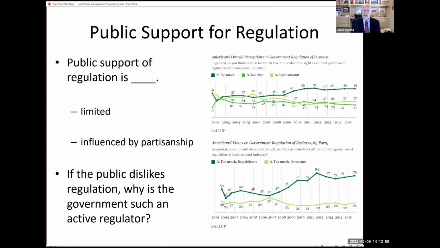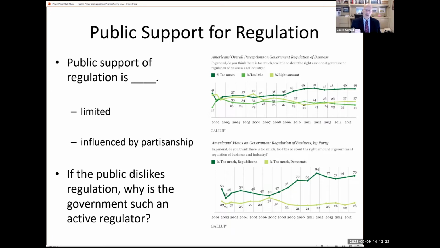Here in the United States, another point to pull out is that the general public's attitudes about regulation are heavily influenced by their partisanship, meaning which political party they report being affiliated with. So here in the United States, we have two major political parties: the Republican Party, which is considered right of center, conservative, and then we have the Democratic Party, which is left of center and is considered to be the liberal or progressive side.